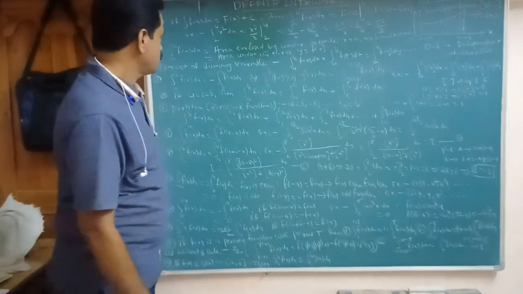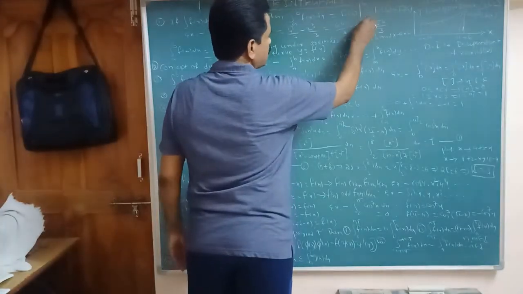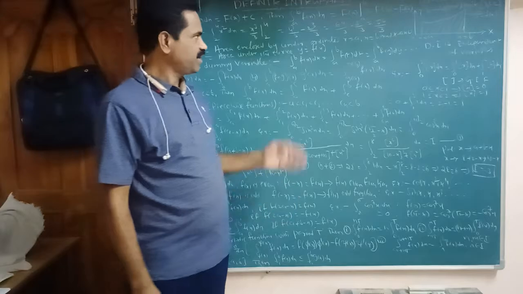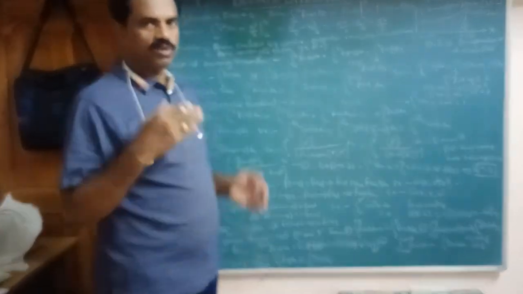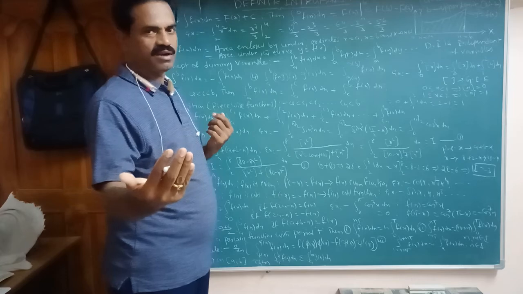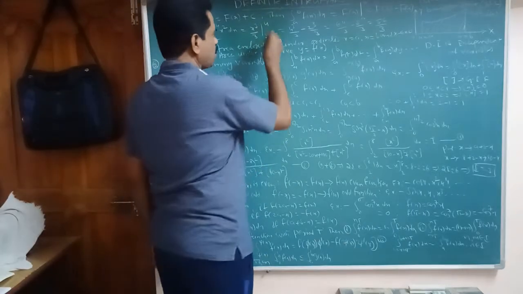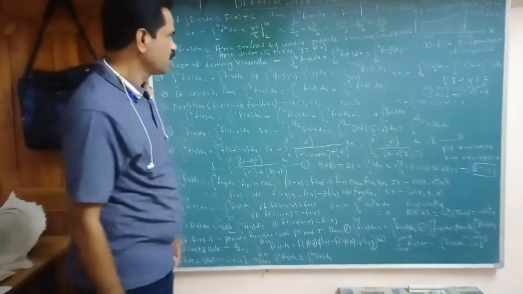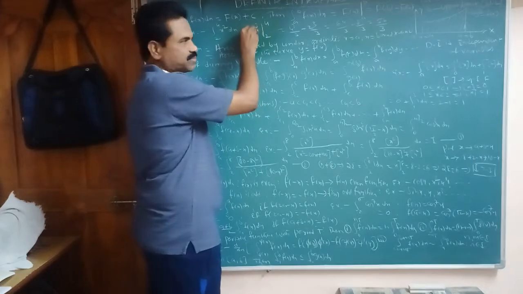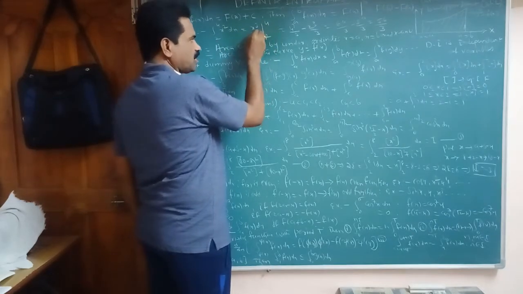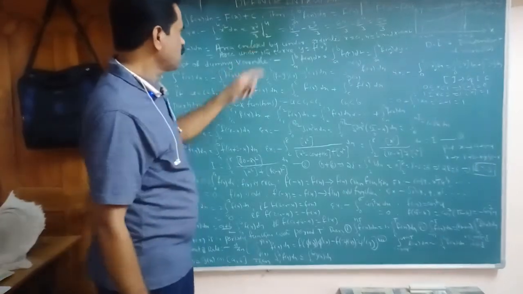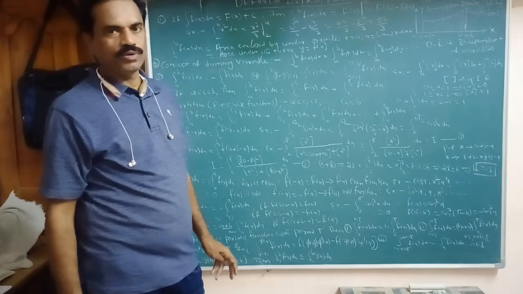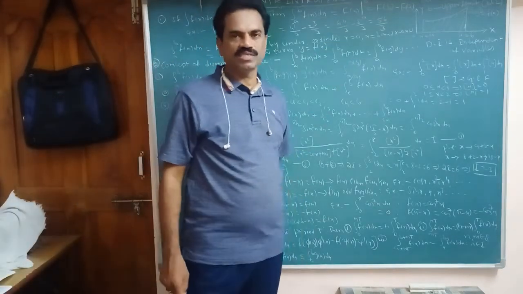Okay? Already we discussed that a is called the lower limit and b is called the upper limit. By the fundamental theorem of integral calculus, after integration, on the last line, write the lower limit 2 and the upper limit 4. In place of x substitute 4, minus the lower limit 2 substituted in place of x. So that is 4 cube by 3 minus 2 cube by 3. 4 cube is 64 by 3, 2 cube is 8 by 3. So it is 56 by 3.